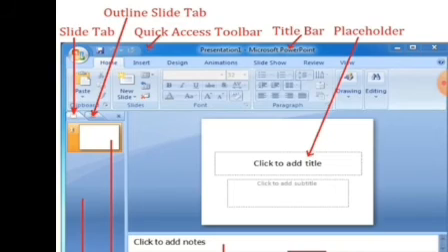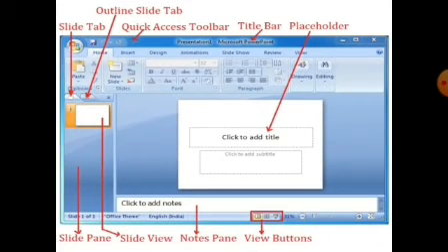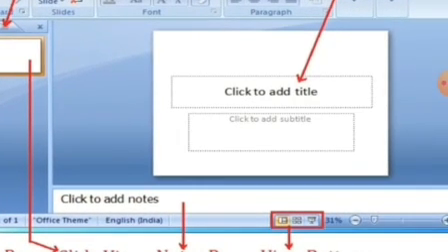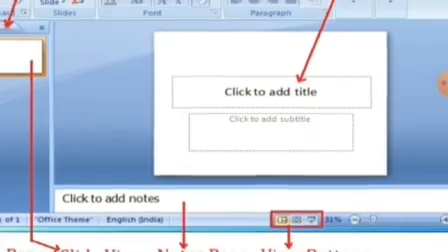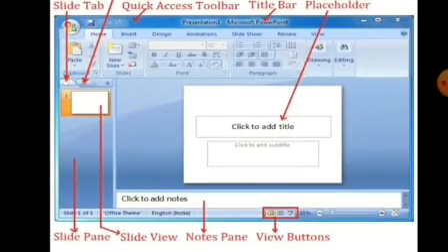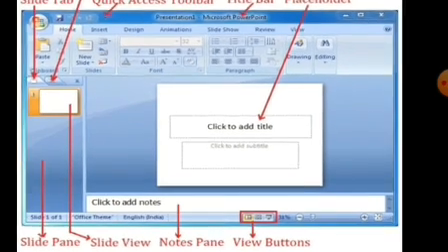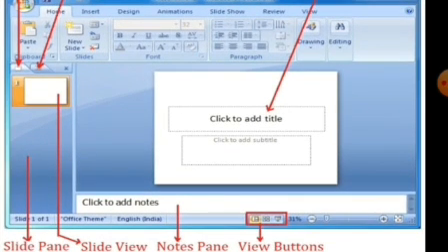Next is the Notes pane. The Notes pane is located at the bottom of your document. This area under the slide pane is used for typing presenter notes. That means, suppose you want to make any document and you want to leave an important note for the reader, you can write it in the last box located under the slide pane.